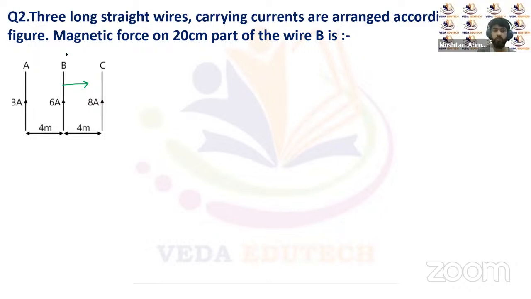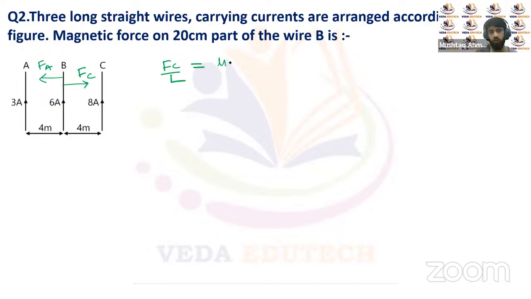It means the direction of force on B because of C will be towards the wire C. And similarly, the direction of the force because of wire A on B will be towards wire A. It will be attracted towards wire A. Now we can call this force FA and this force FC, right? This is FC. So force per unit length because of wire C will be